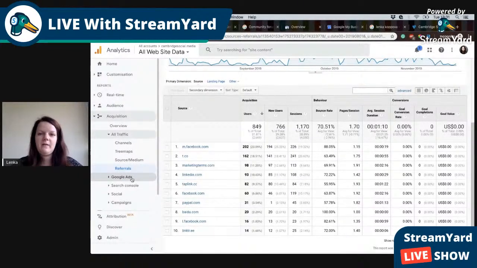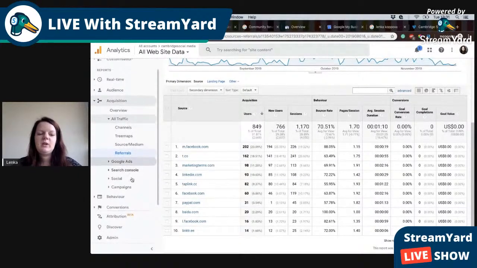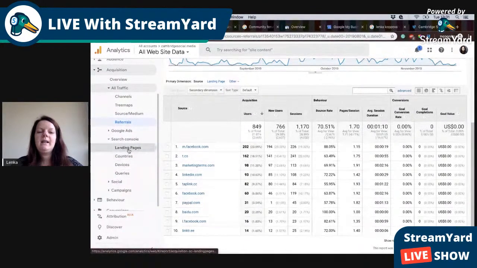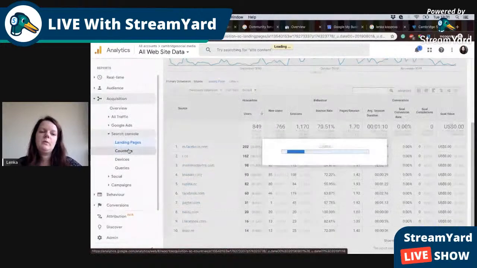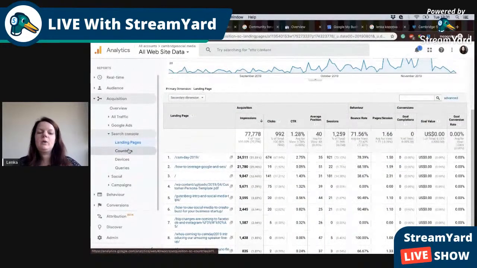If you're running Google Ads, if you have any Google AdWords, then the information is here. And the interesting part is Search Console. Google Search Console is something like a beta version, or a cut back version of Google Analytics that's focusing purely on the Google organic search result. And it gives you information about landing pages. So it shows you which pages,